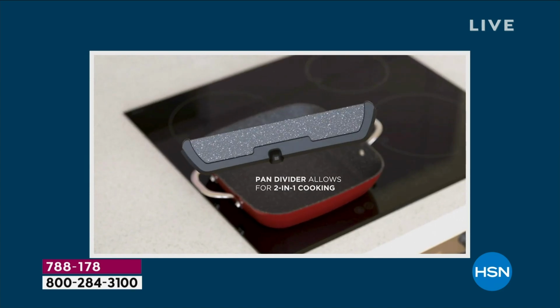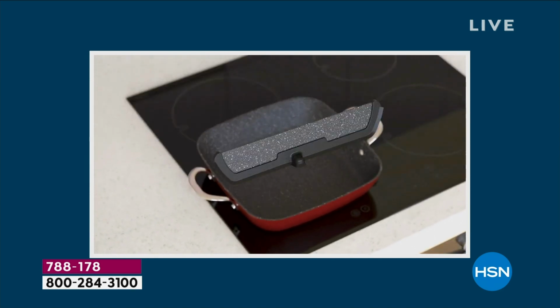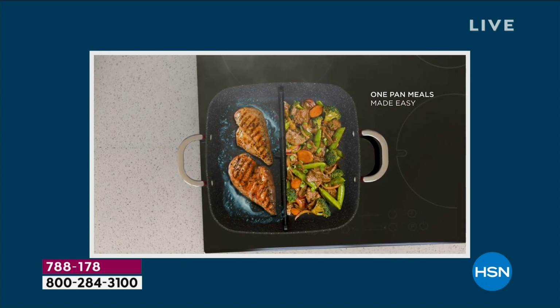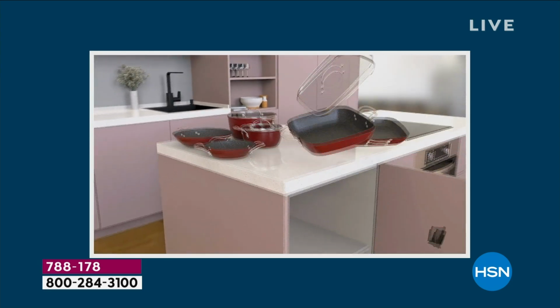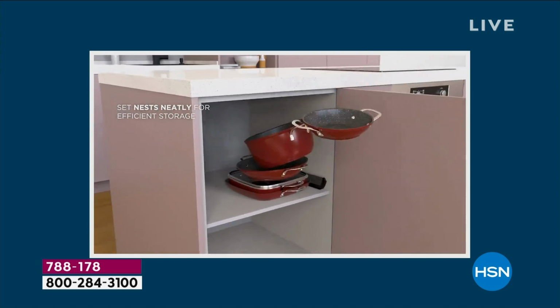The square pans actually give you really beautiful access to the food. It means that you get more volume in there. And that divider, of course, you cook with the divider or without the divider. The choice is yours. Now, I've done these beautiful little...